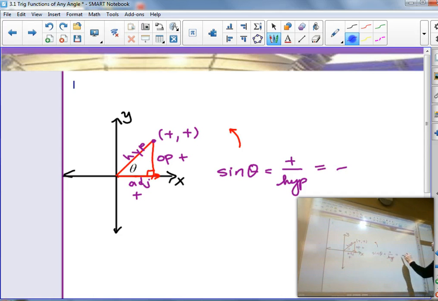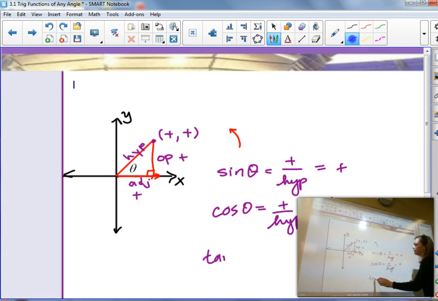So we say in quadrant 1, the sine is positive. The cosine in quadrant 1 is also the adjacent over the hypotenuse, and the adjacent side is positive. So the cosine in quadrant 1 is also positive. And because the tangent of an angle is equal to its sine over its cosine,